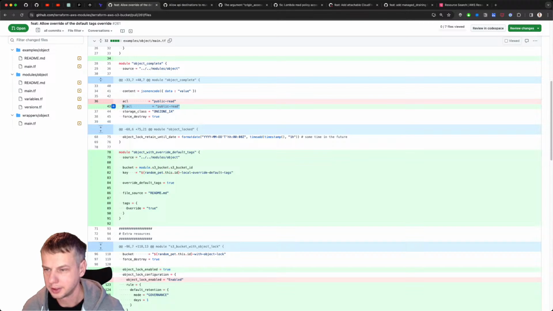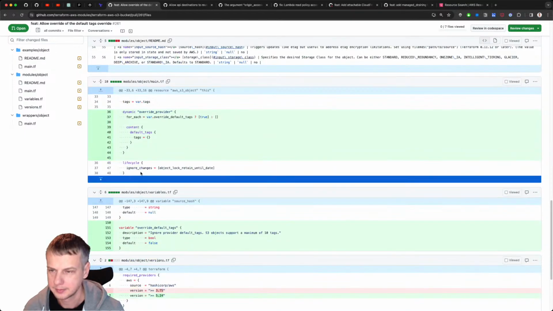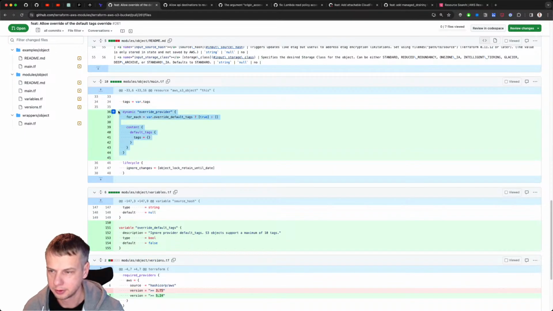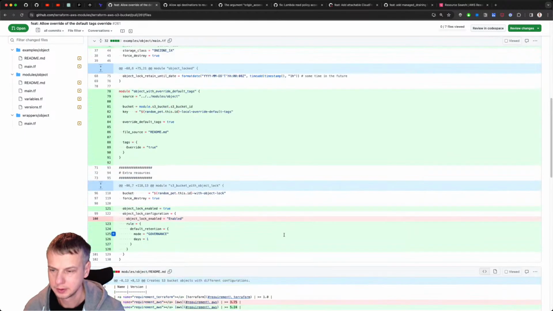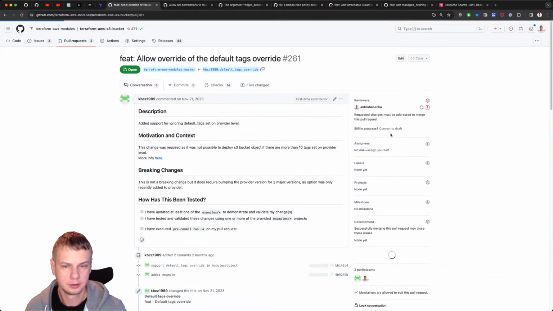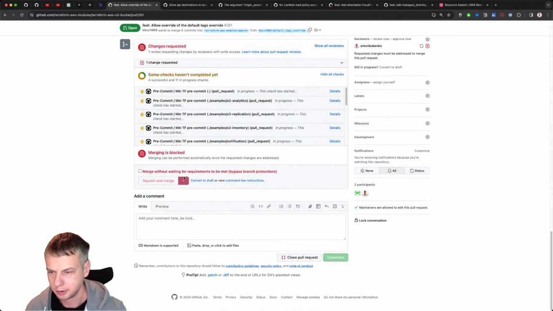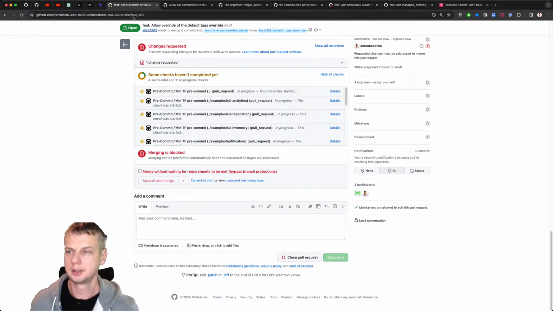Okay, so we remove this ACL. Apparently it's not needed for new buckets. And this is what we're going to move to Lambda module as well. Cool. I'm so happy that let's move. Let's just merge this one after it's succeeded.